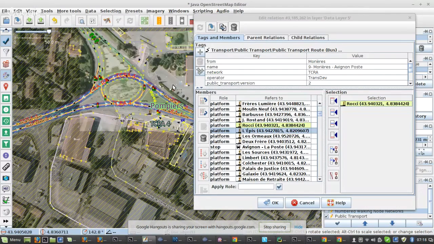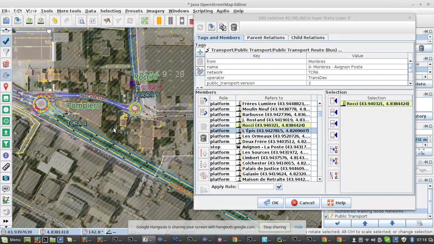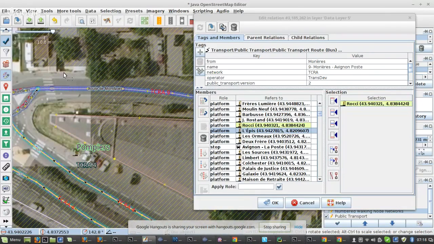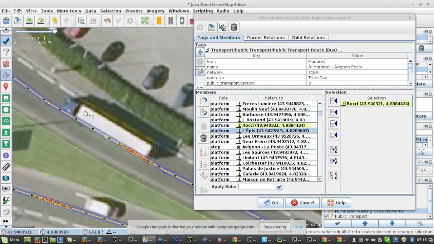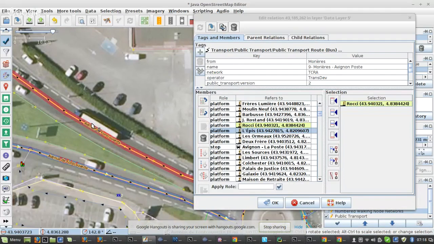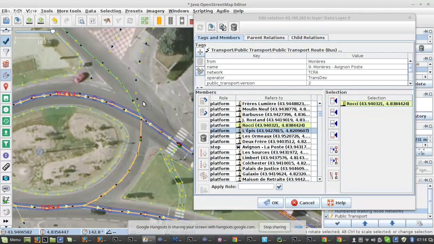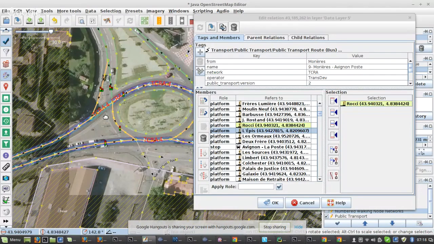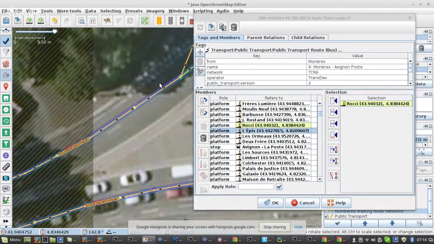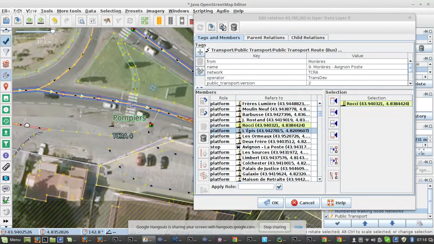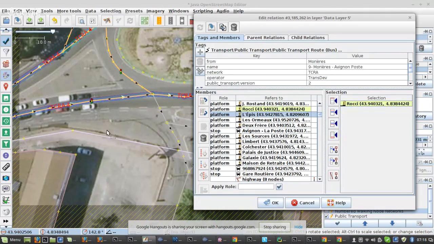This Pompier also doesn't seem to have a stop in this direction. Probably that's a truck. Let's see where it would be. Sometimes they're quite recognizable, these stops. But no, I don't see it. So